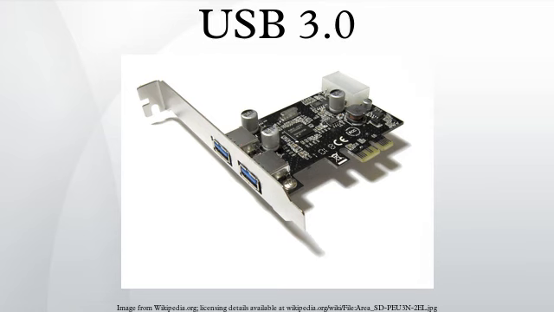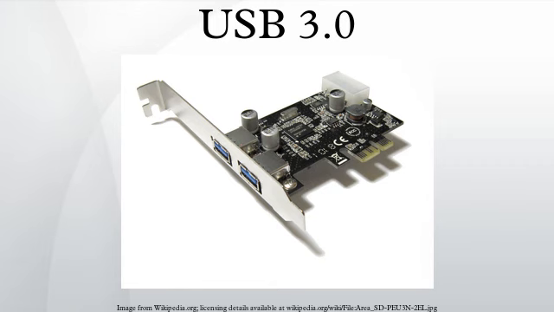USB 3.0 is the third major version of the Universal Serial Bus standard for computer connectivity. Among other improvements, USB 3.0 adds a new transfer mode called SuperSpeed, capable of transferring data at up to 5 Gbps, which is more than 10 times as fast as the 480 Mbps High-Speed of USB 2.0. Besides different connectors used on USB 3.0 cables, they are also distinguishable from their 2.0 counterparts by either the blue color of the ports or the SS initials on the plugs.